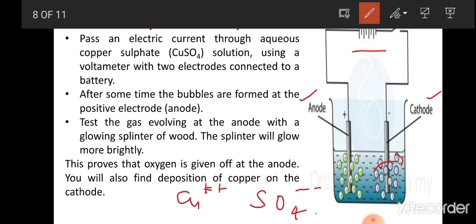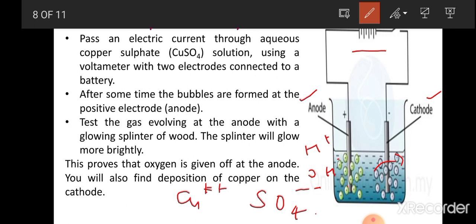But one more thing, here water is also present, so electrolysis of water will also take place, and water is H2O, so it will break as H plus and OH minus. So here OH minus ion will also move towards that anode, means positively charged electrode. Okay, so after some time, when electric current is passed through this aqueous copper sulfate solution,